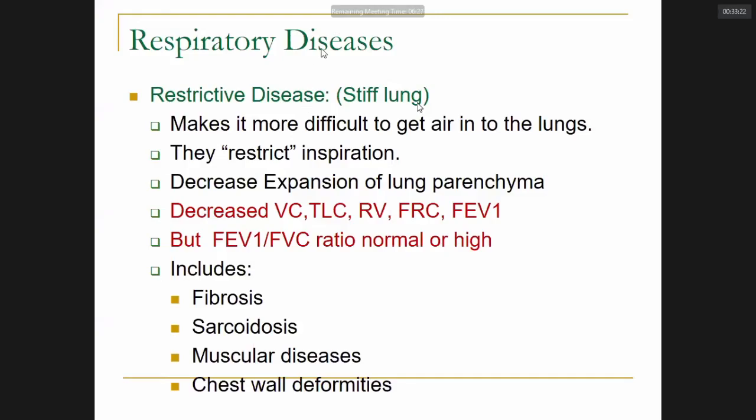Now these restrictive lung diseases include fibrosis, sarcoidosis, muscular diseases, and also some chest wall deformities. This all comes under the heading of restrictive lung diseases. इसमें सब कम होता है सिवाय FEV1 FVC रेशियो के। ये नॉर्मल होगा या ये हाई होगा, कैसे, हम आगे डिस्कस करेंगे बच्चा।